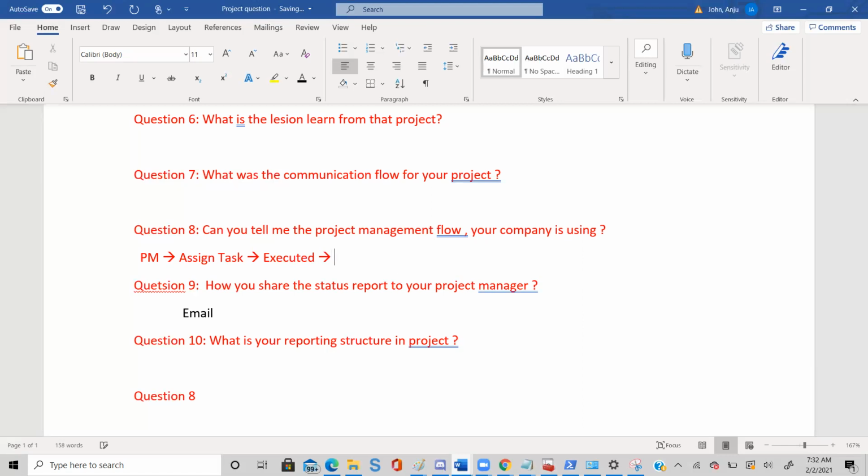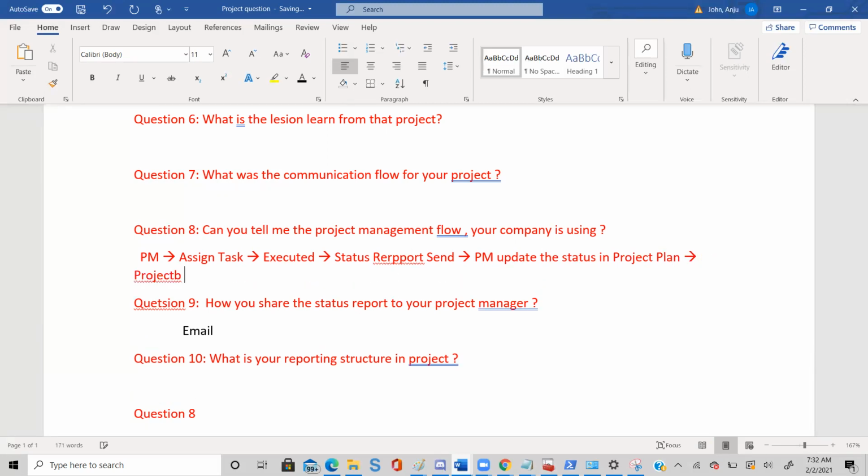Once the task is executed, a status report is sent. Then my PM will update the status in the project plan, and then the project plan is shared with the customer every week.